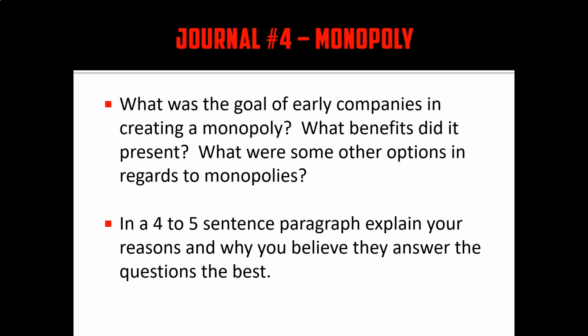We talked about monopolies in Day 3, and you should have a pretty good understanding of what those are. Talking about Carnegie, Rockefeller, Vanderbilt, any of those men that you can think of that we may have read about or talked about yesterday, please make sure that you get those down. Your journal also needs to be 4 to 5 sentences. Make sure each journal that you complete is 4 to 5 sentences. That is the expectation.